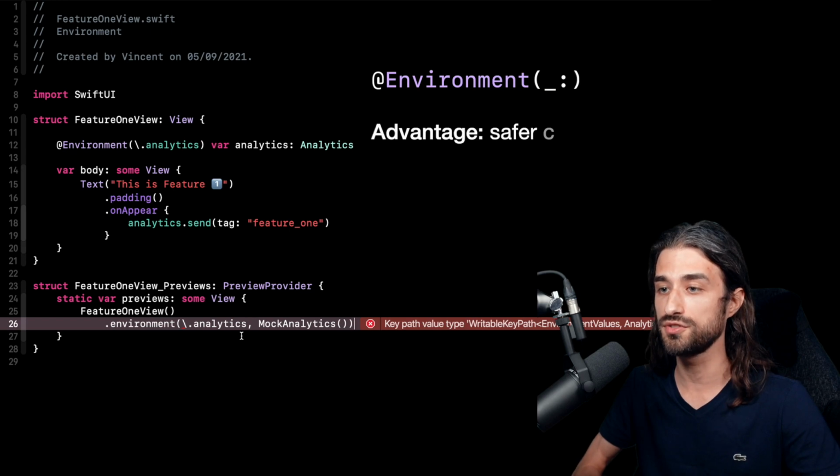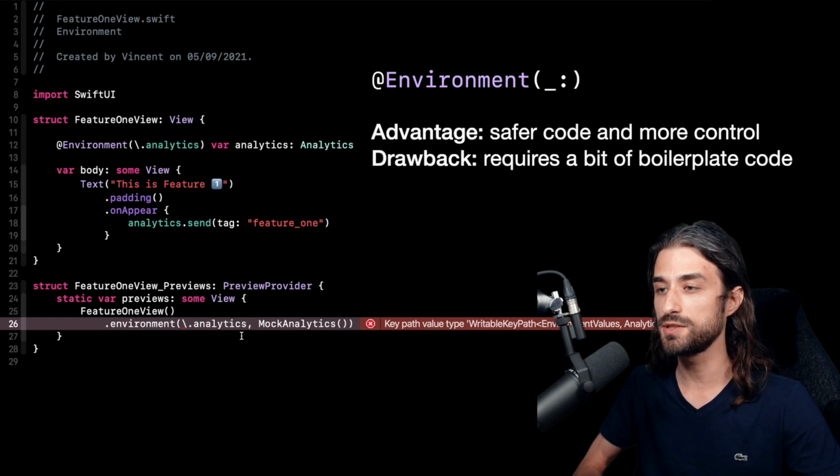Now, on the other hand, while using @environment, you need to write a little bit more boilerplate code, because you need to implement the environment key, and then you need to write the extension to environment values. But on the other hand, you have more control on what is going to happen, because you have the added safety of having a default value, which means that there will always be a value, and so you won't have the bad surprise of a crash at runtime because you forgot to inject a value. And you also have the added control of being able to say, I maybe want to have only a getter and not a setter. And this way, you can inject a dependency inside your app and make sure that no one is able to override it by mistake.